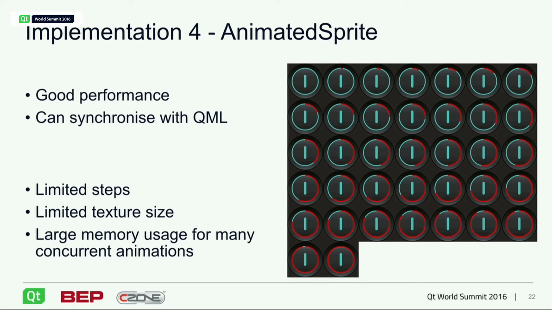If you're doing a little spinny circle animation, that might be ideal. You might have maybe half a dozen frames. But if you're trying to do a complex pie thing that has lots of different stopping points, and you want to have one when it's red and one when it's blue, and maybe you want the user to be able to input their own color into this, it doesn't work. So it was interesting, but